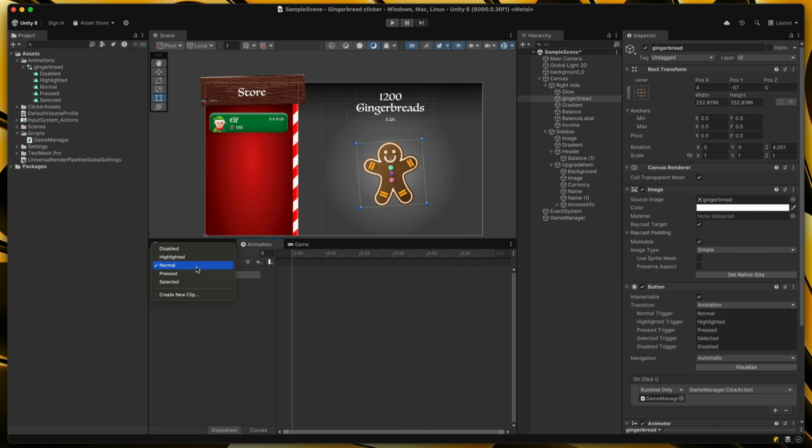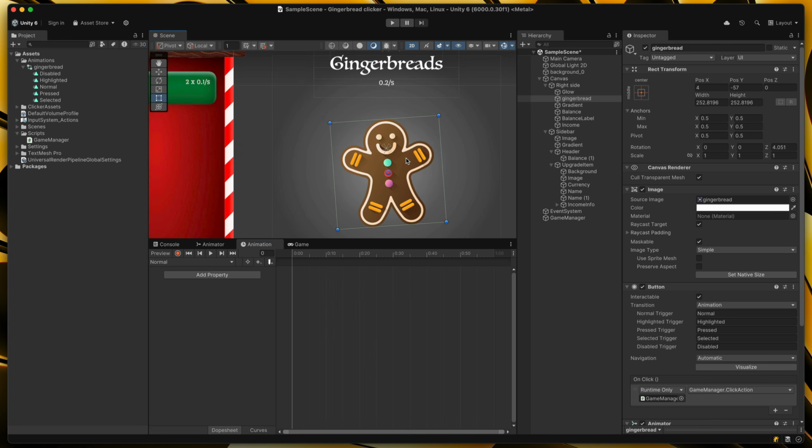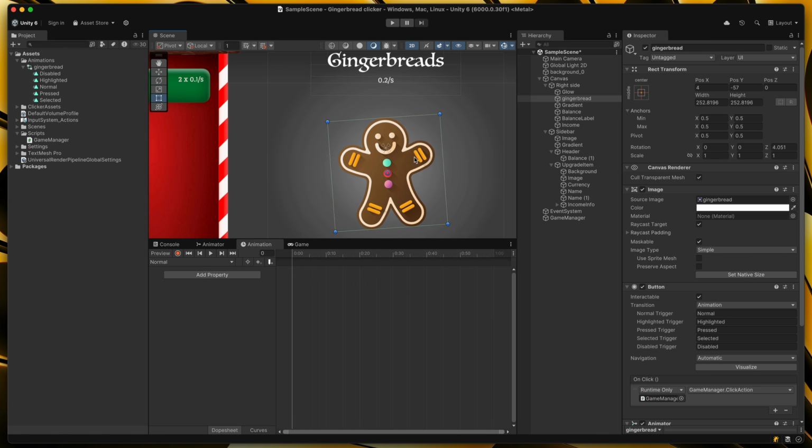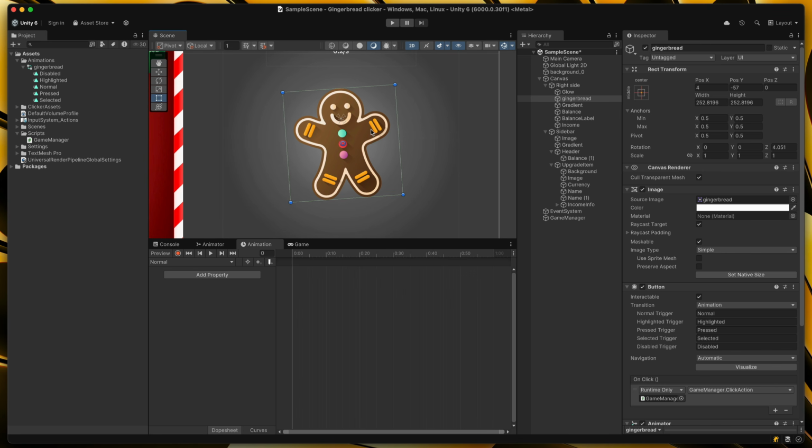Whenever it's either normal, highlighted or pressed. With normal, we need to define its size. Obviously, we'd like to use the same size as it is now, but we need to tell Unity that. So click Add Property, Rect Transform, Scale. I would like to have the scale set as 1, that's okay. We don't need any extra frames, we just want to have first frame and that's it, so I'll remove those